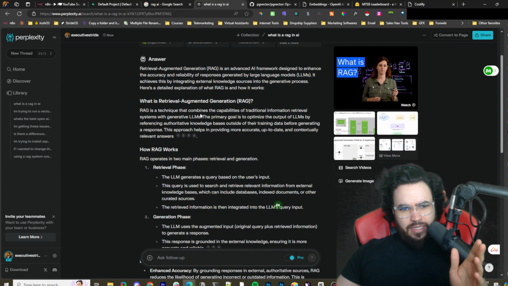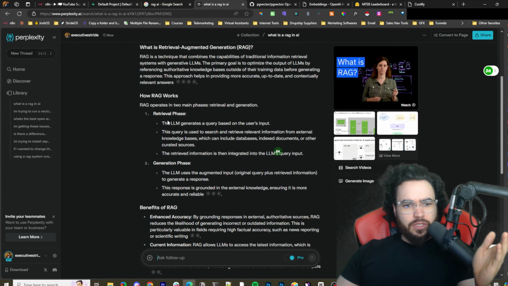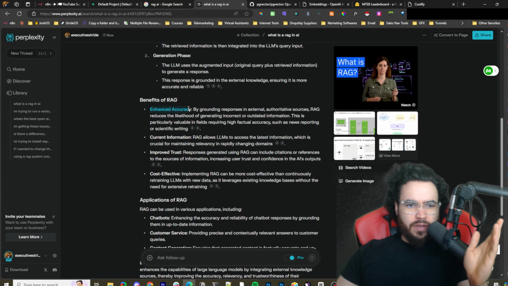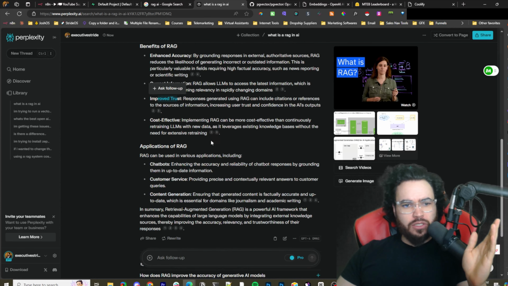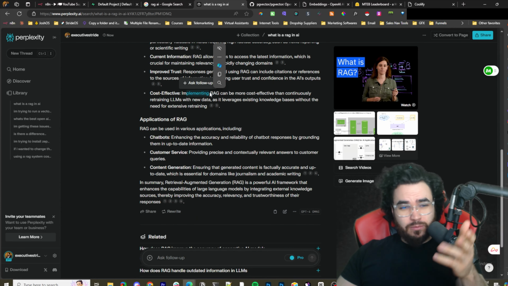RAG is a technique that combines the capabilities of traditional information retrieval systems with generative LLMs. The primary goal is to optimize the output of the LLMs. Essentially, these are the stages: retrieval phase, generation phase. A few benefits of it: enhanced accuracy, current information, improved trust, cost effective, which I actually almost thought